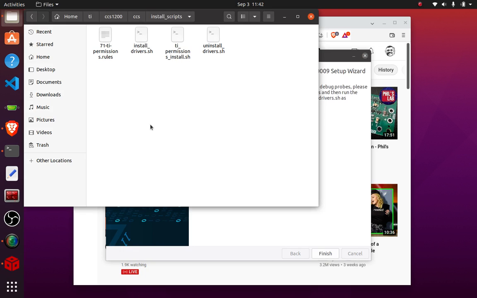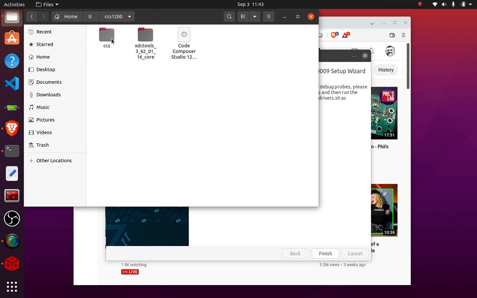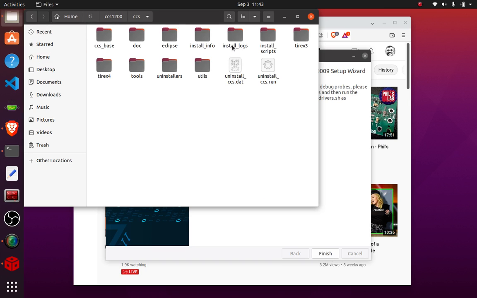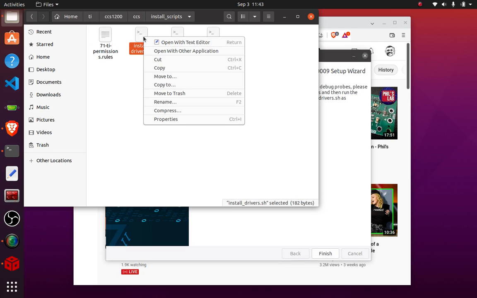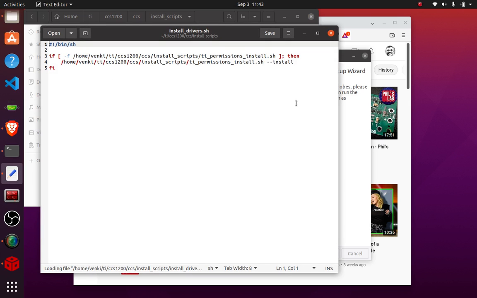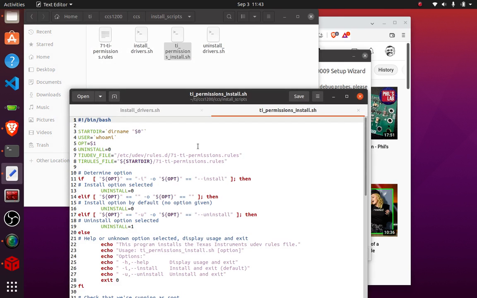The next thing we need to do is probably get into the folder, which is the home folder. We have TI, the CCS version 12, go to CCS, and then go to install scripts, and you basically have these. As you can see, we are supposed to get this particular thing executed. So that's what we're calling, and this one is going to put the rules in